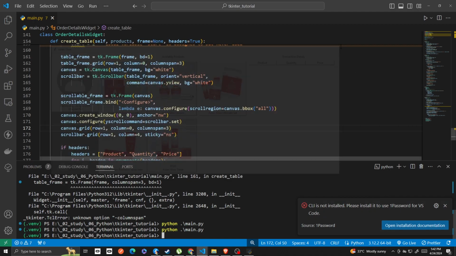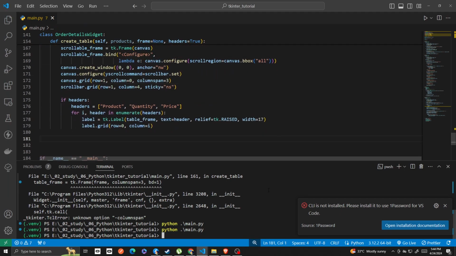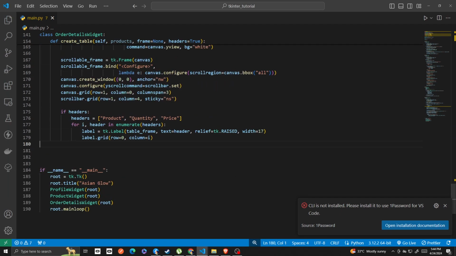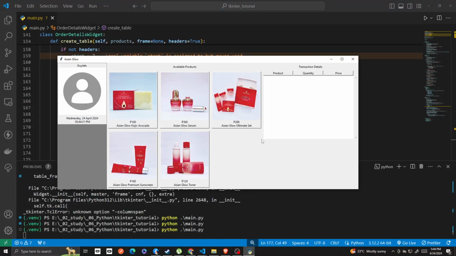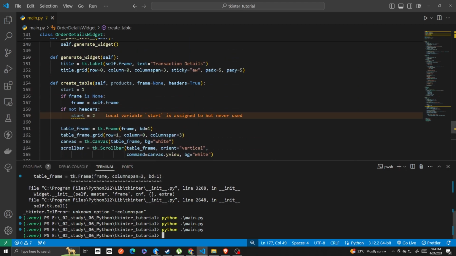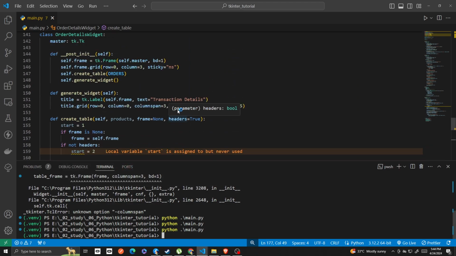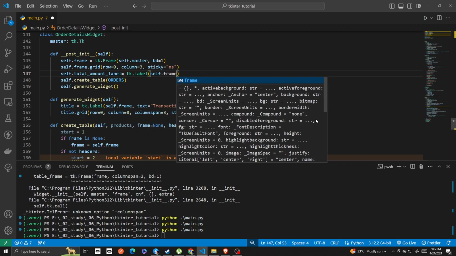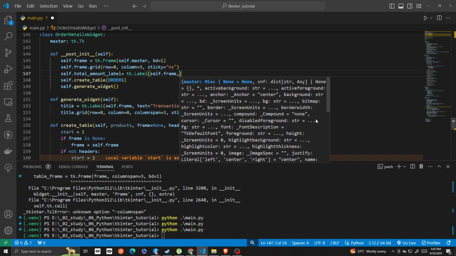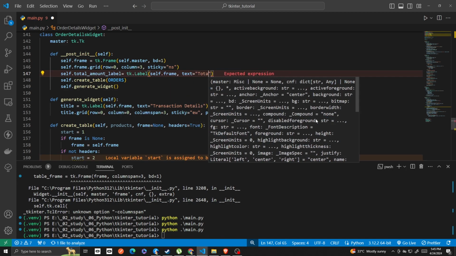And then next, the headers here. I need to add the total amount here. So that is showing. Let's do that. It should be here: self.total_amount_label equals Label, self.frame, text equals total,